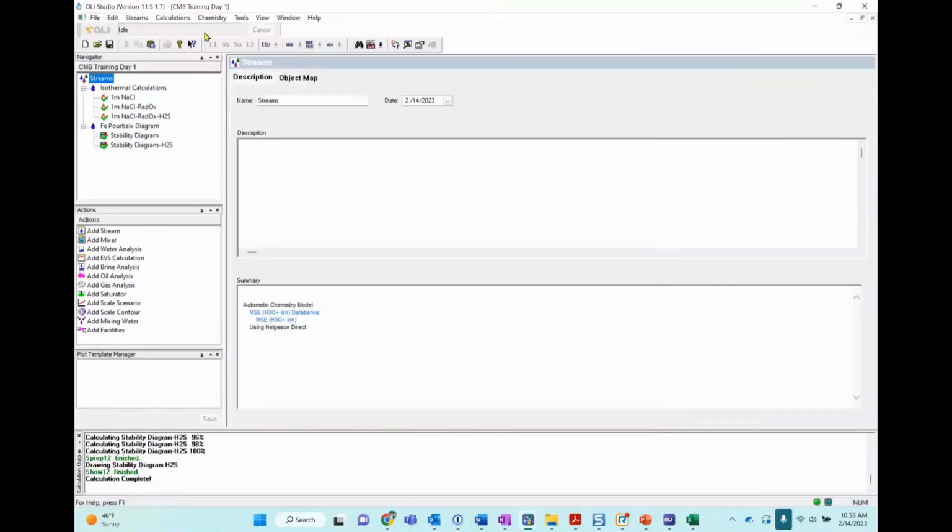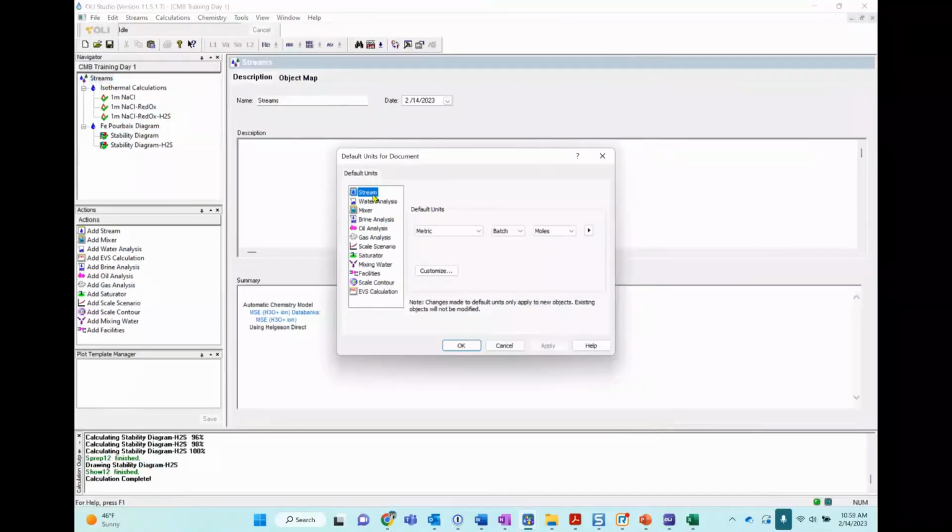So streams, let me see again. Units manager. We are working with a stream. It should be batch by default, and you are having it as batch. Yes, when we add a new stream, it is always in batch. But when you copy it, it changes it to flowing.